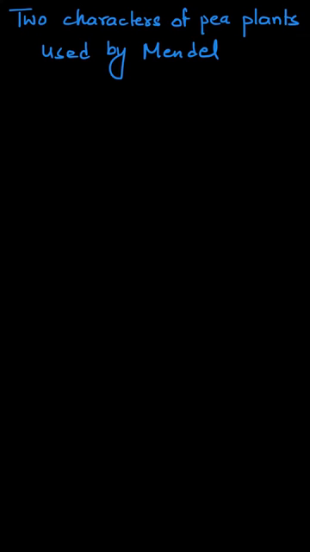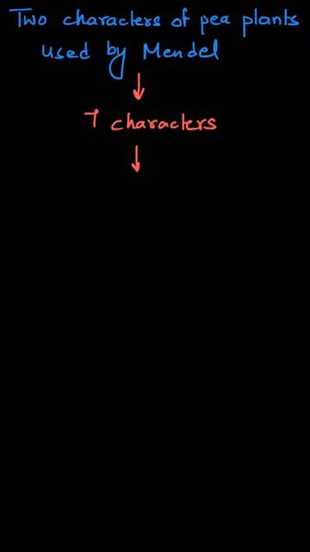Hello students. So in this question, we are going to talk about and answer the two characters of pea plants that are used by Mendel other than the height of the plant and the color of the seed. So here, if we talk about these characters, first of all, we need to remember that Mendel basically used the 7 characters of the pea plant. Mendel used the 7 characters of the pea plant, and here the two characters are already given to us, and